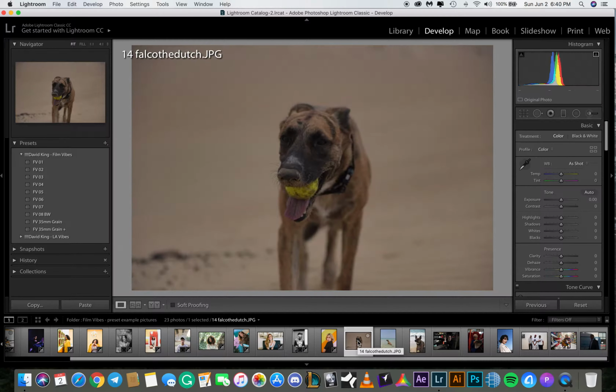And this is Falco. I have a dog, and yes, my dog has his own Instagram page. And this is one of our friends on there. They live in Dubai, and he's a Dutch Shepherd. His Instagram is Falco the Dutch, FALCO THEDUTCH. They have a lot of awesome pictures on there, and they sent me a few that I could edit